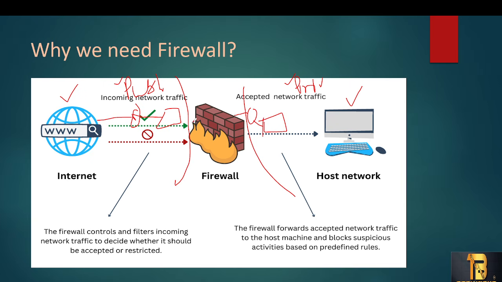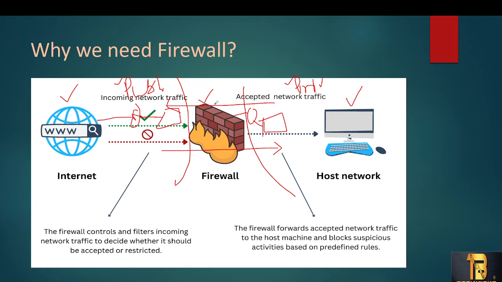So what is the firewall going to do? Simply sitting between the public and private network is not useful, right? Whatever you have told is correct: the firewall is going to inspect your traffic, whether it is going outside of your network or coming inside of your network. So how is it going to inspect?